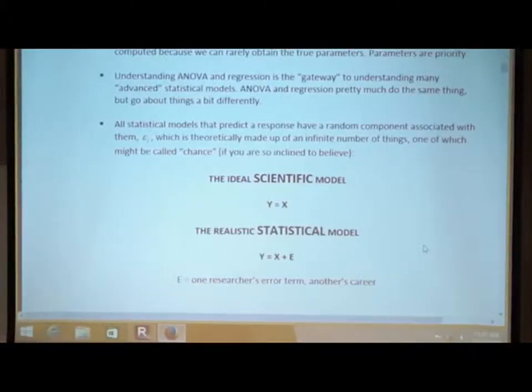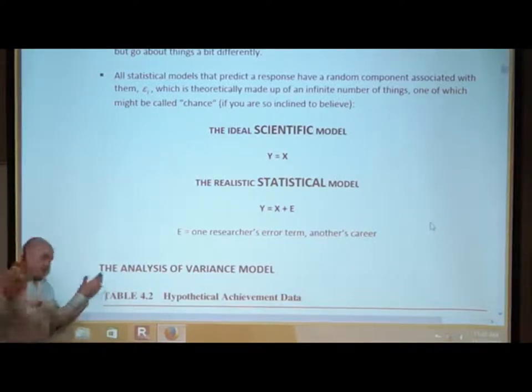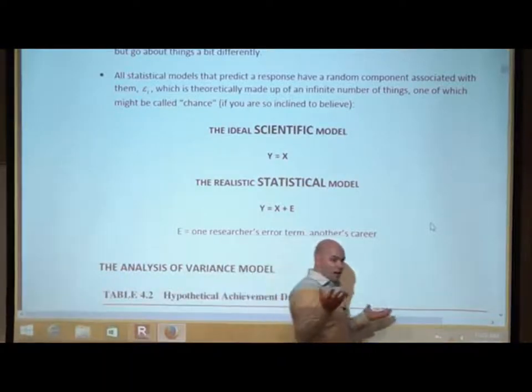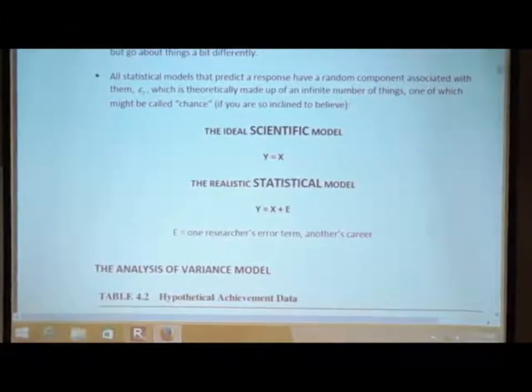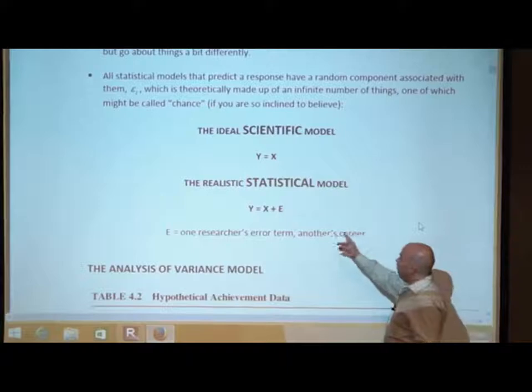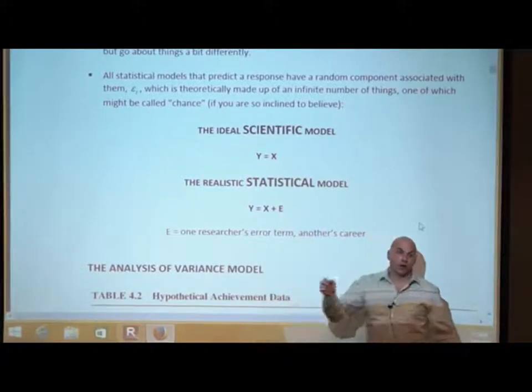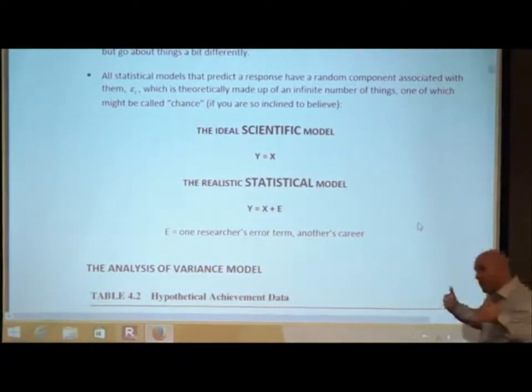All statistical models that predict a response have a random component associated with them, E, which is theoretically made up of an infinite number of things, one of which might be called chance, if you're so inclined to believe. If you're that religious that you believe in chance, go ahead. Some people might think that chance doesn't exist, so what is the error term made up of? Well, we can say that the error term is made up of all those things that are not included in the model, that have an "effect" on